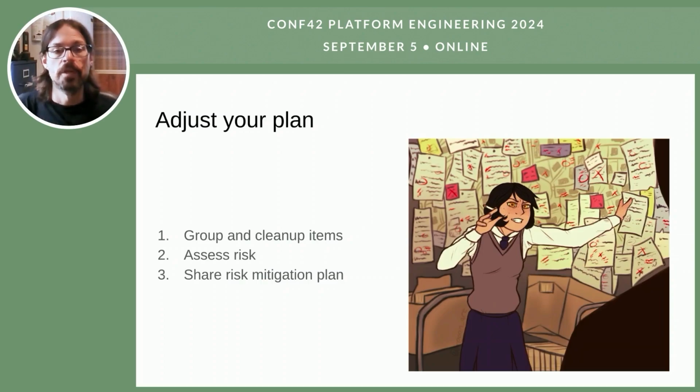And then you share your risk mitigation plan with everybody. It's important to follow up with people that did the exercise in the first place. Of course, you can share with whoever is relevant, but to close the loop with them, they were the ones that brought all the issues. So it's good to follow up with them saying, hey, thanks for participating in this. We now have this big list of issues. We grouped them, we've looked at them. Here is the plan to address the ones that we deem to be most likely or worth fixing. It's possible to say that this one is really unlikely, we can solve it later on, things like that, but have a plan and share it with people on how to address that.